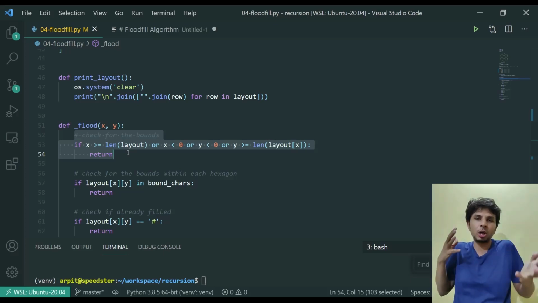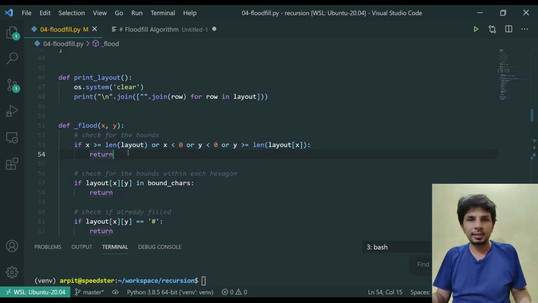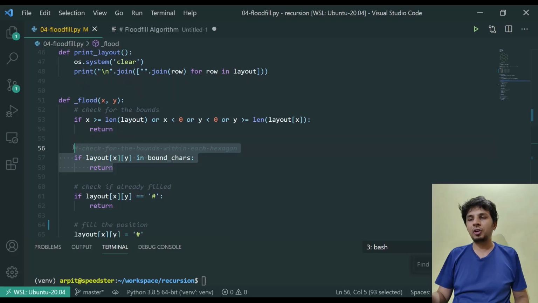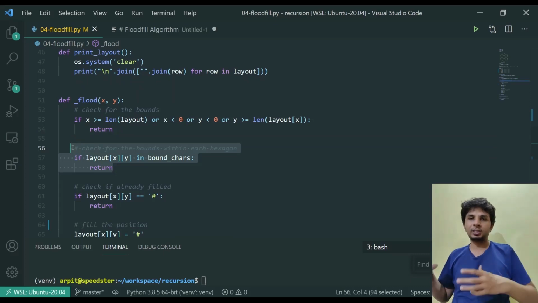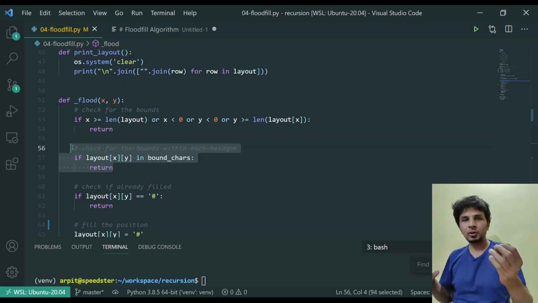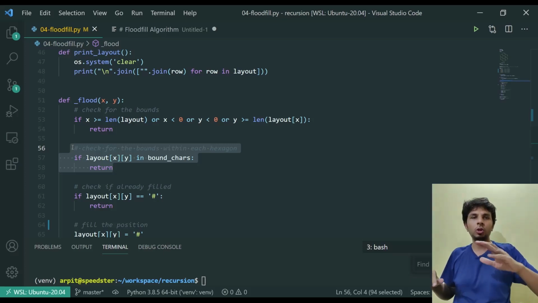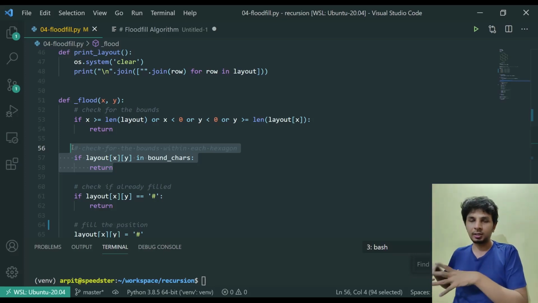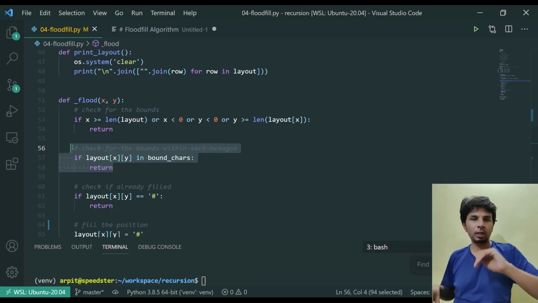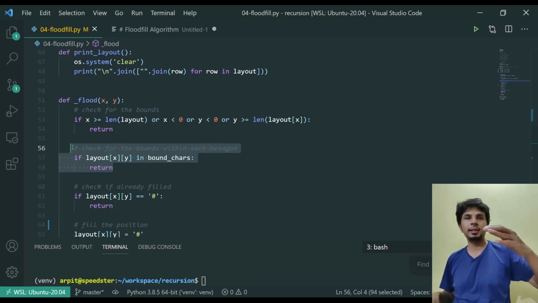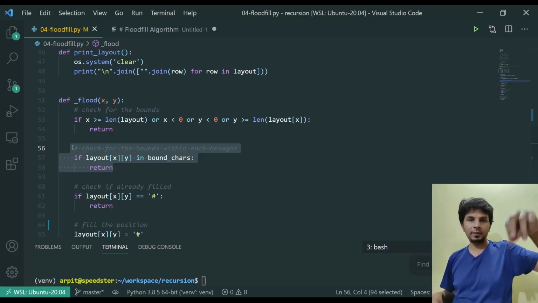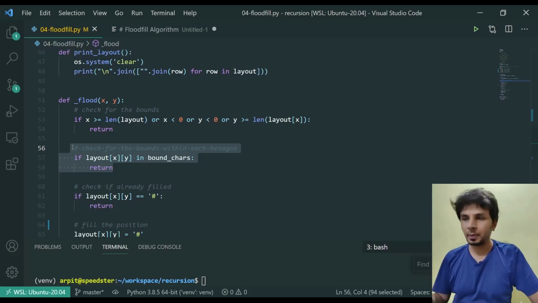So basically it should not go out of my two-dimensional space. So this is that check. Then I check for my boundary characters, because if my x comma y is representing a boundary character, I have to stop my recursion there, right? Because it has reached the boundary and now there is no need to continue recursion for that point. I might still need to backtrack other stuff, but I do not need to process data for neighbors of that particular point, because I've already hit the boundary.